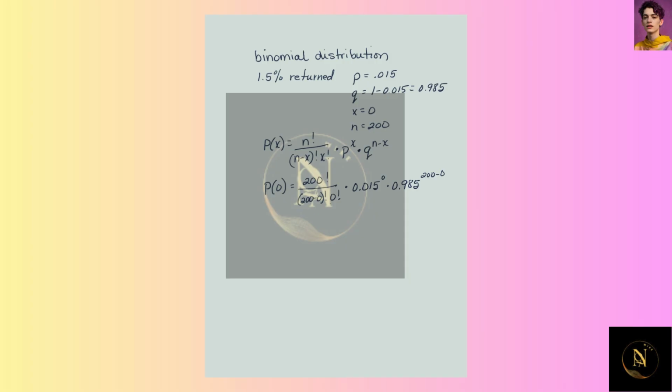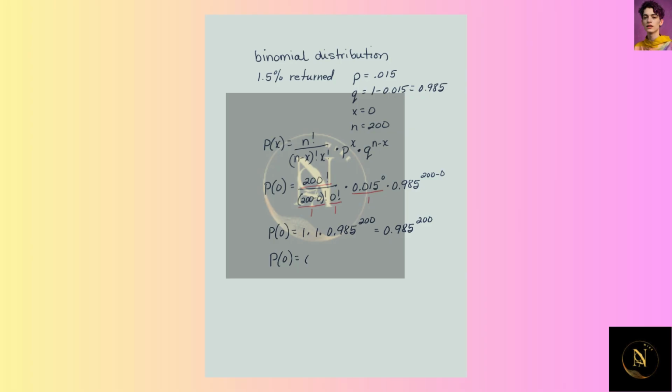So from here, you'll remember that 0 factorial is the same thing as 1, and any value to the 0 power is also 1. And if we look at this 200 factorial divided by 200 minus 0 factorial, we're dividing by the same factor, so that's also 1. So the problem that we have now is 1 times 0.985 to the 200 power, or just 0.985 to the 200 power,